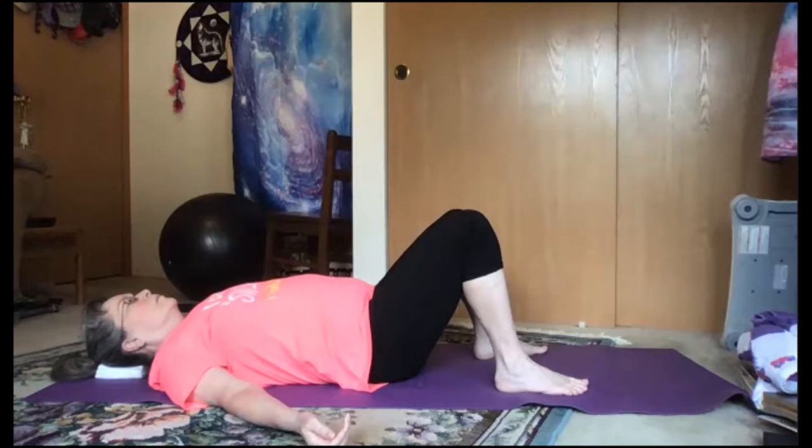So you're going to pay attention to the points that I mention with your mind, but don't move anything. Starting with your breath, breathing in and out. Now bring your awareness to the center of your eyebrows, center of your throat, right shoulder, elbow, wrist, right thumb, second finger, third finger, fourth finger, fifth finger,